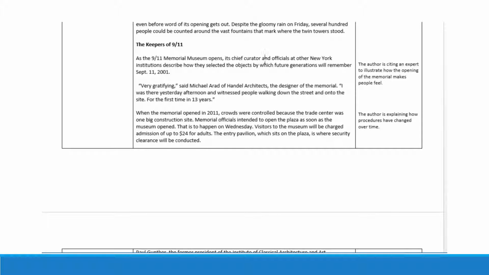First off, the author cites an expert to illustrate how the opening of the memorial makes people feel. So you'll see this a lot, especially in newspaper articles. Somebody who knows a lot about the topic will be interviewed, and then their words will be included in a quote. So this person, Michael Arid, I guess one of the architects who designed the memorial, is talking about how gratifying it is to see all the people going into the site,